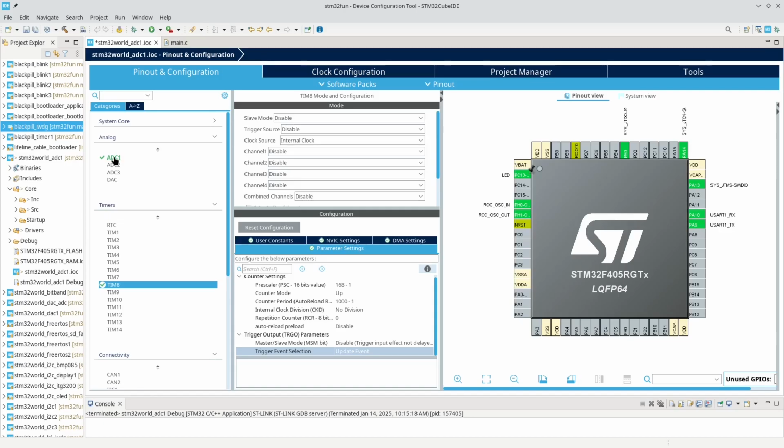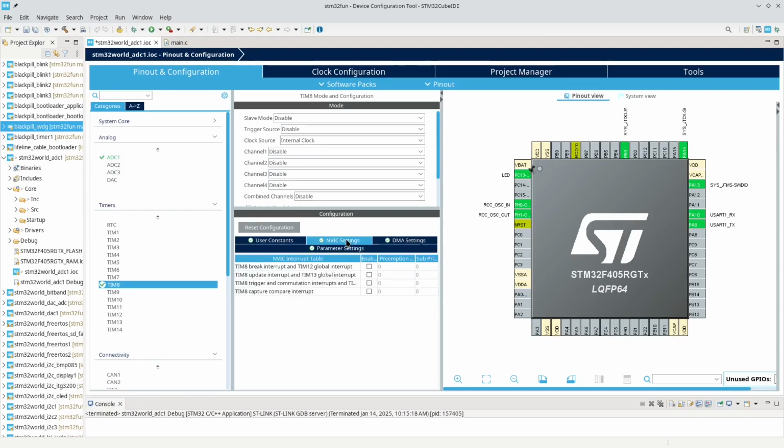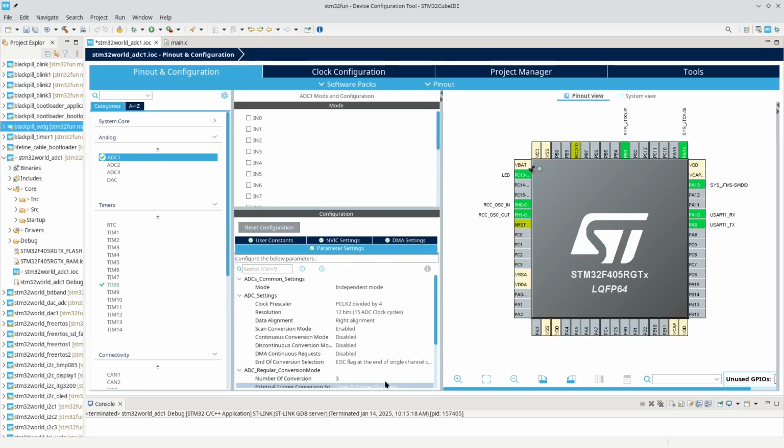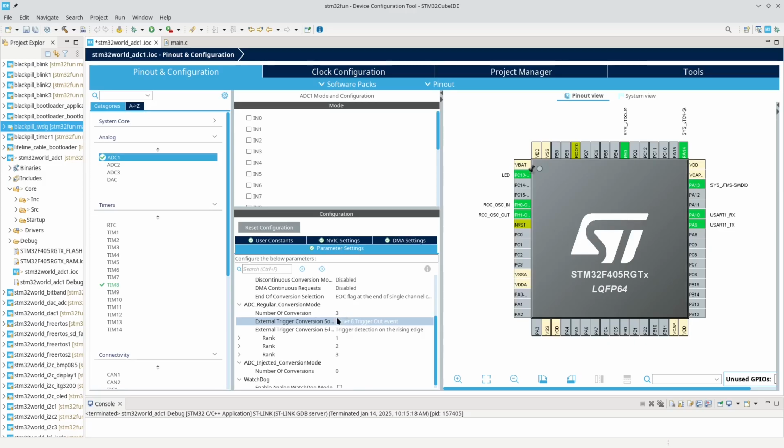Now we can go back to our global update interrupt. Let's fire an interrupt as well. I don't think I'm going to use it, but it won't hurt. So here we will trigger this conversion of the ADC using the timer 8 trigger out event, and then we have our